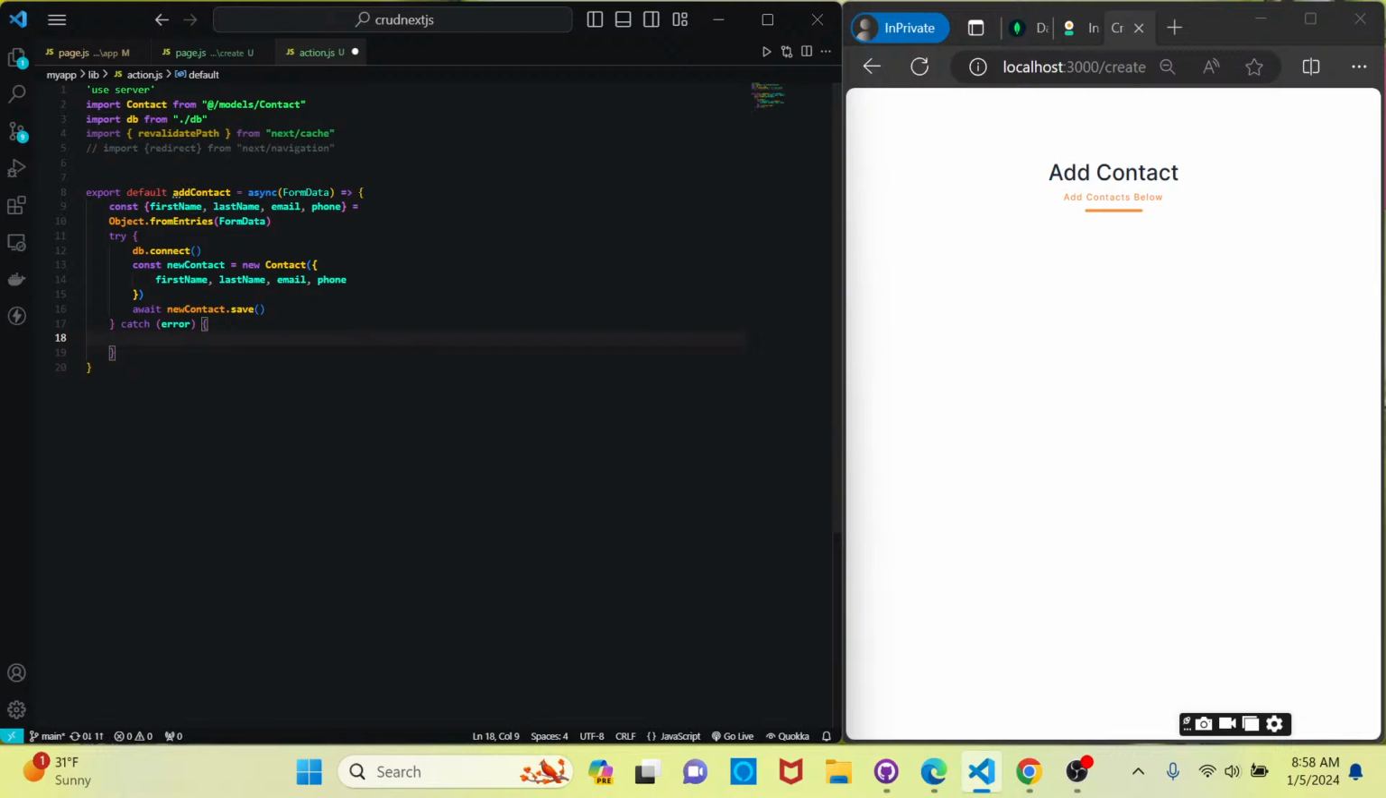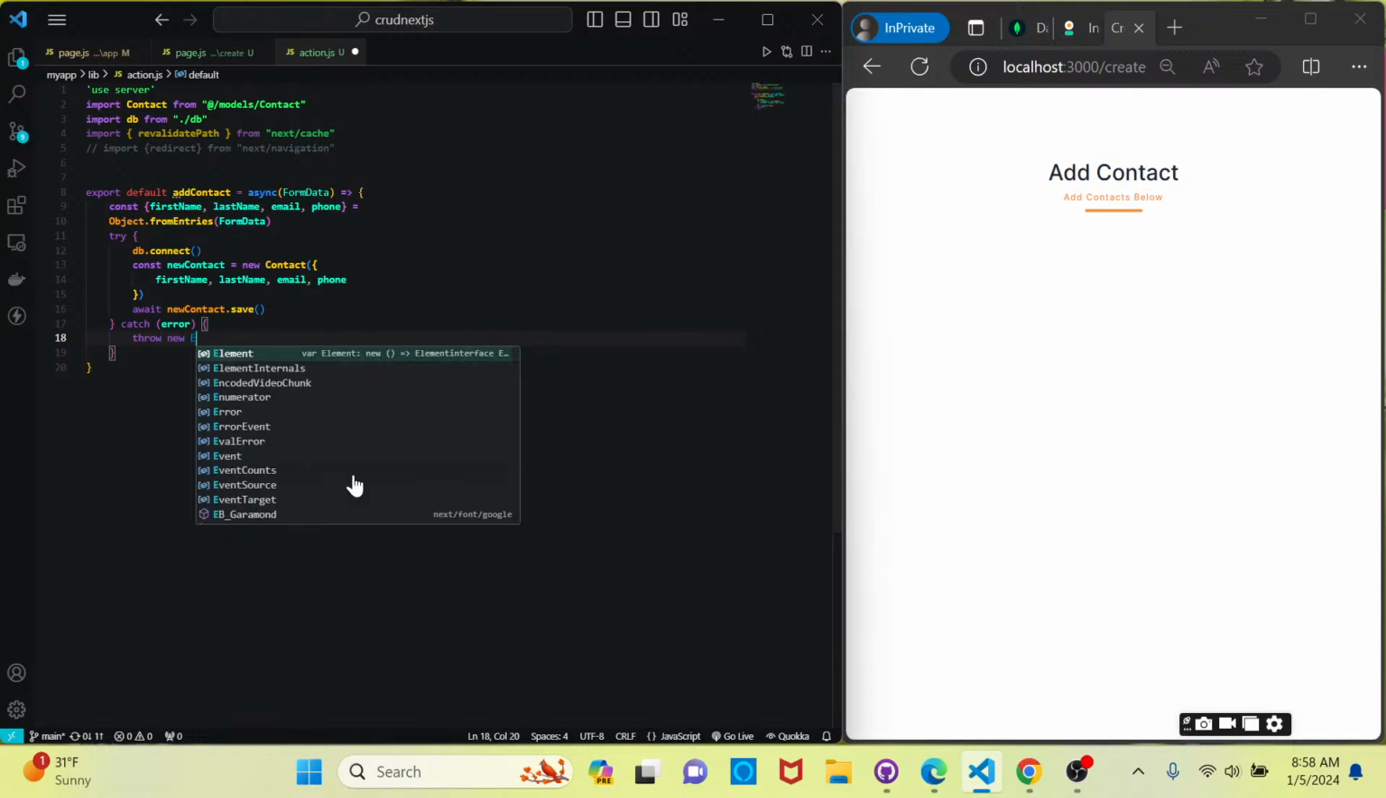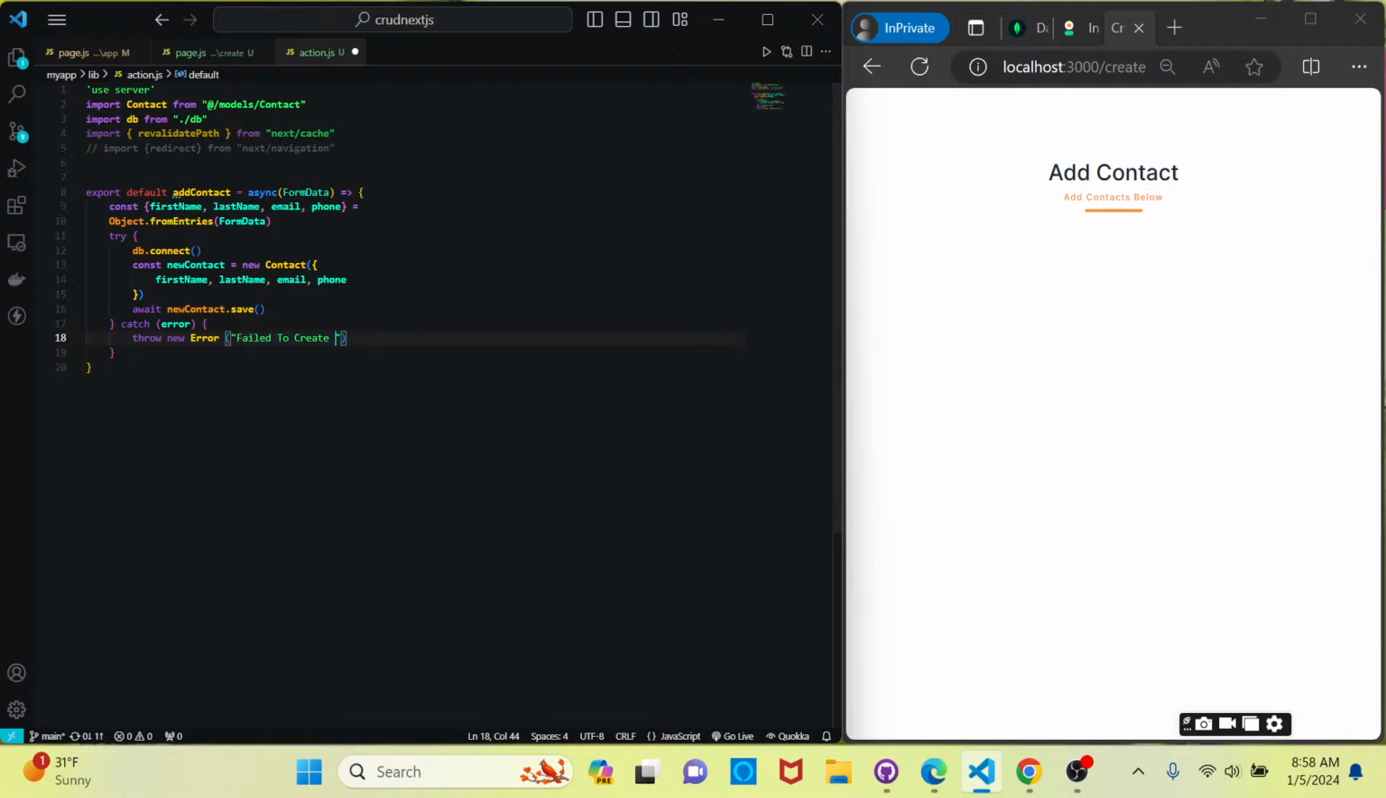And if we get any errors, we don't need to return anything to the browser for this. If we get any errors, we want to throw new Error, and we'll go "failed to create contact." And then we'll get the error listed here. That way, if we get an error, we can see what the error is, and it'll be fairly easy for us to troubleshoot it. So with that, let's go ahead and save this file, because that just allowed us to